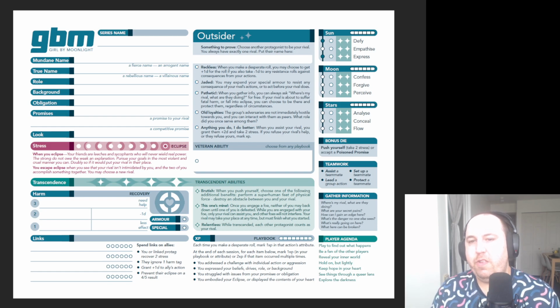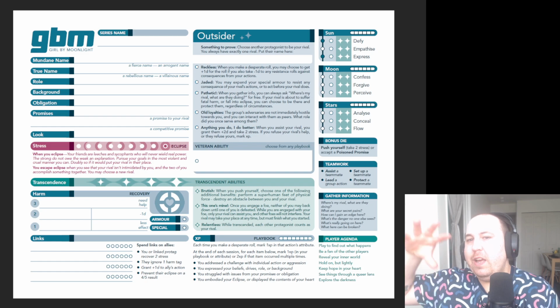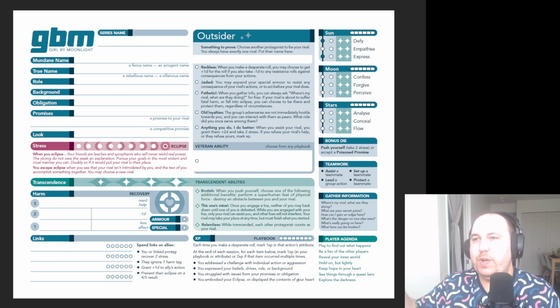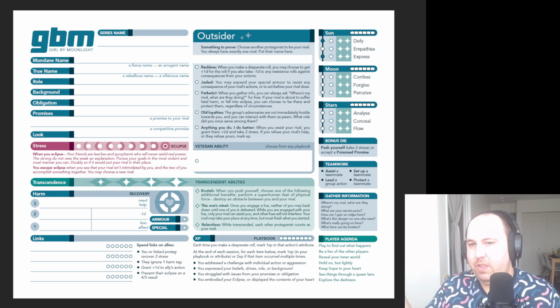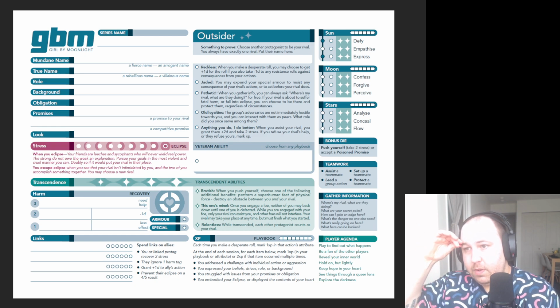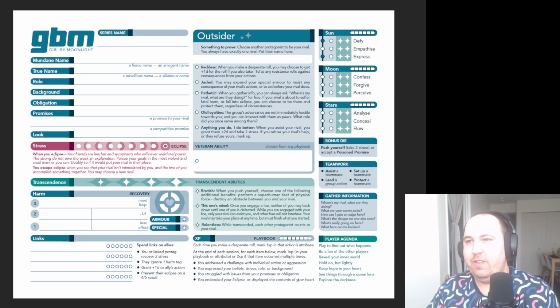And I didn't want to incentivize people so much that they would just constantly be going into Eclipse and then breaking back out, and that it would take over the game, and be too big of an element in a situation where it's meant to be one among many different things. And so it would essentially violate the resource economy of the game in a way that would totally break it. Whereas if you finish a mission, you're still in Eclipse, you go into the next downtime phase,